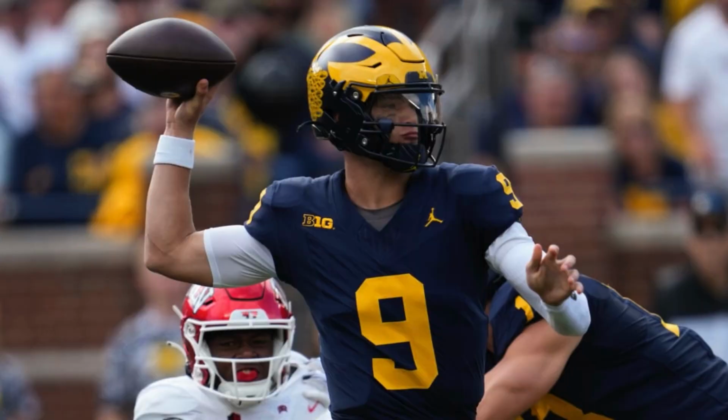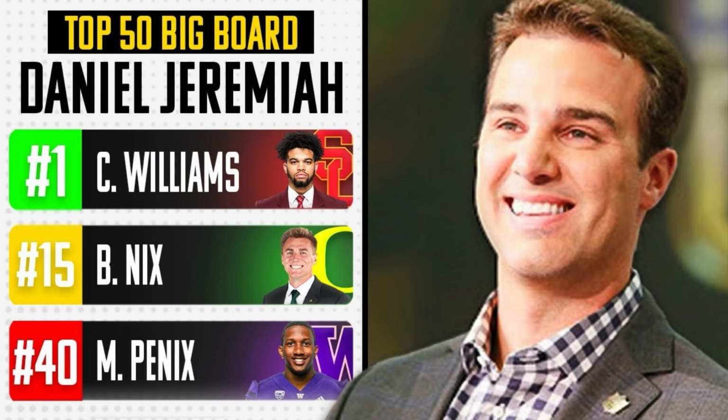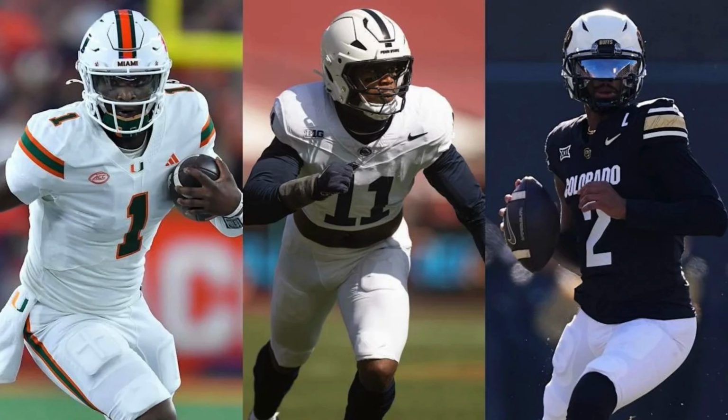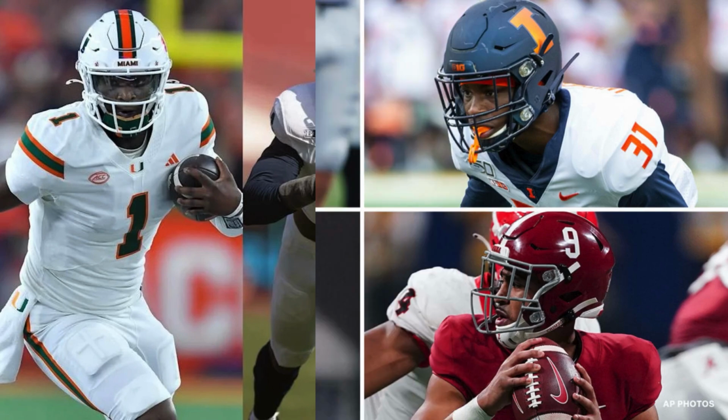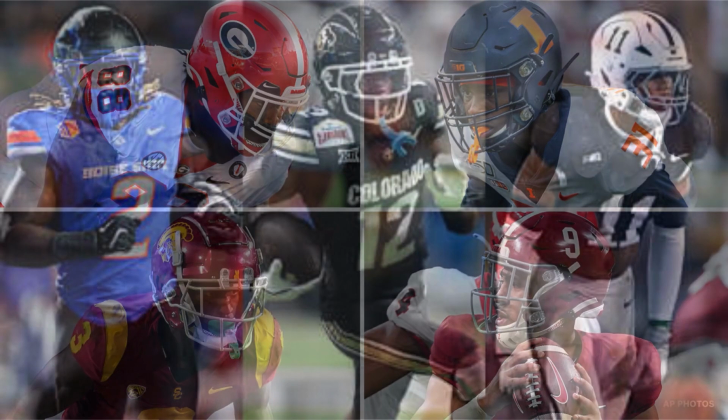When he has time and space in the pocket, he throws from a strong platform, showcasing a compact, smooth delivery. He really keeps his left arm tucked close to his body, which aids his ball placement. He relies more on timing and anticipation than pure velocity. He isn't a sudden, twitchy mover when pressured, and that's part of the reason why he took so many sacks